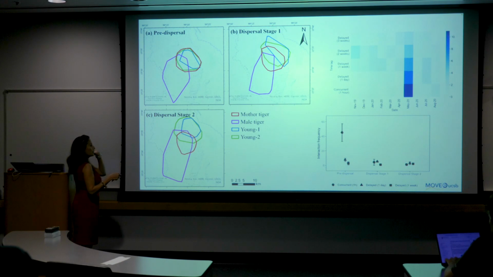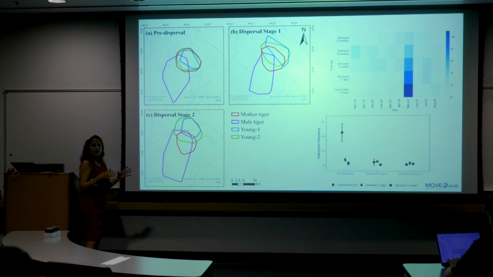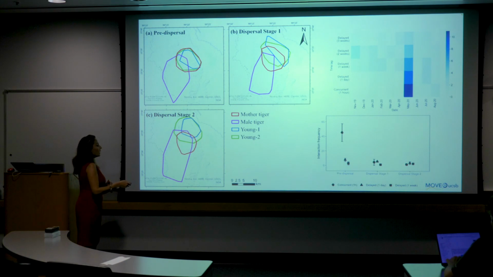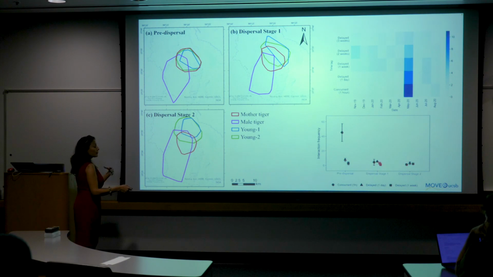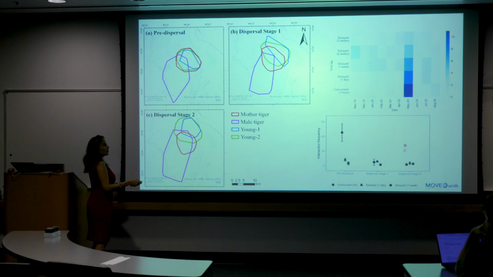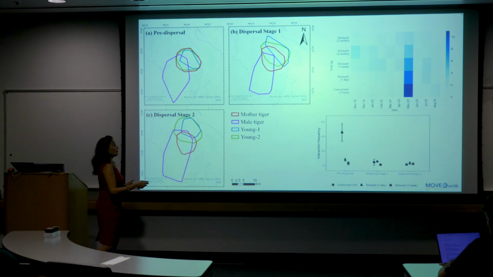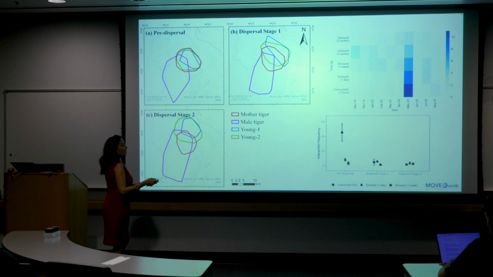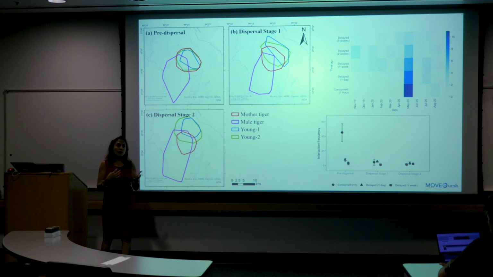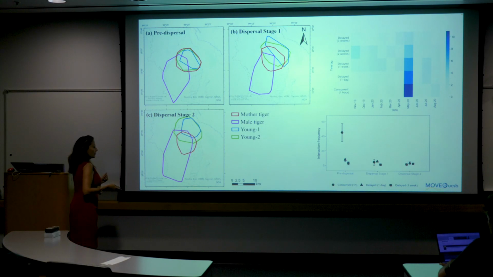is in that neighborhood. So the thing is, when we are looking at concurrent interaction, meaning tigers being at the same location, same space, pre-dispersal, the tiger stays with their cubs, and the cubs are with their mom. And then during the other stages of dispersal, once they start to disperse, the interaction becomes lower. Here is the time when they disperse, the male tiger interacts with the mother more, and then they have a new litter afterwards. So using this visualization and interaction analysis, we could capture these dynamics between different pairs